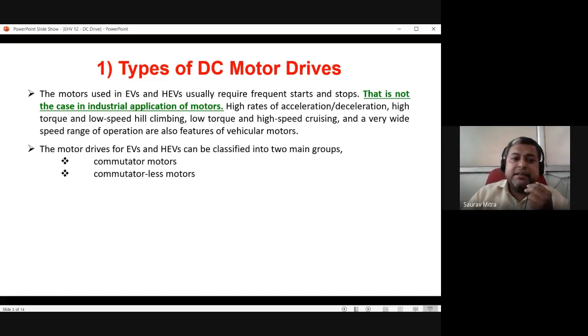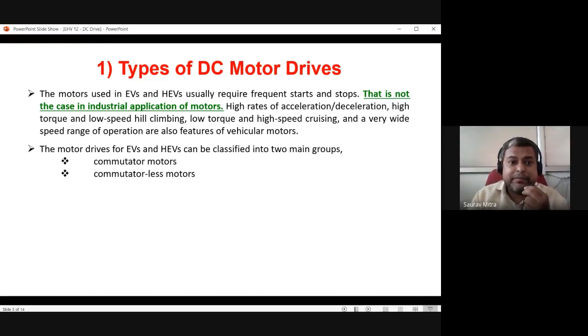The motor drives in EV and HEV can be classified into two main groups. One is commutator-based motor. All the DC motors are mainly commutator type. Last day we saw a video in the class, where we saw that two things are required. One is MMF, the magnetomotive force, created by the electric supply. The electric supply is given to the field coil and that produces the magnet. The second thing is a current carrying conductor. The conductor is connected in the armature, and the armature has to be given the electricity supply. For that there was the brush commutator arrangement. Whenever I talk about a DC motor, it is a commutator-based motor, and the brush commutator arrangement faces wear and tear at regular intervals.